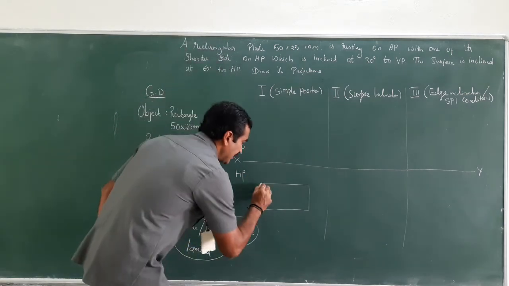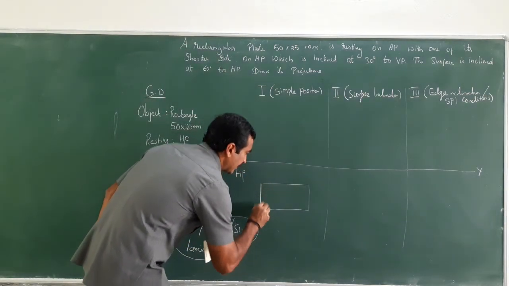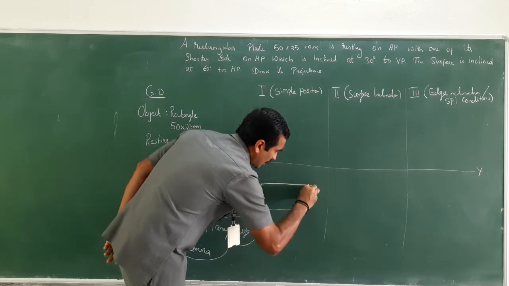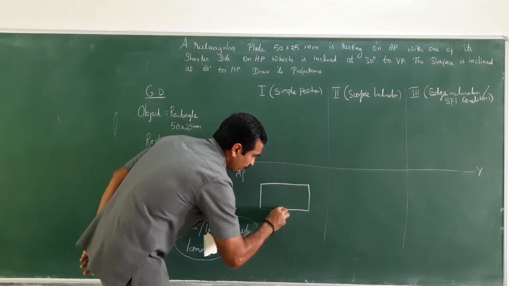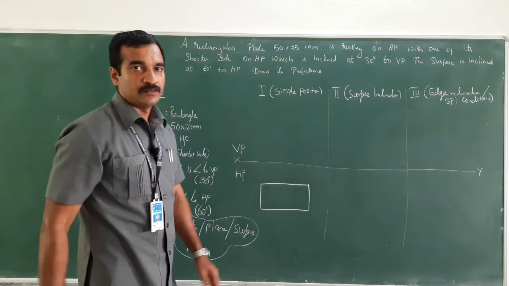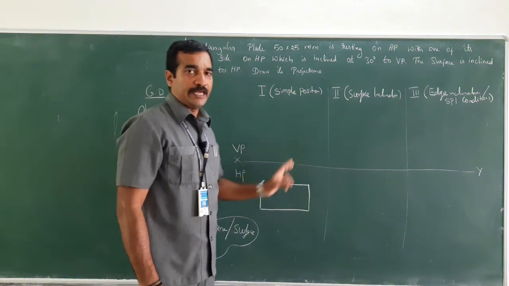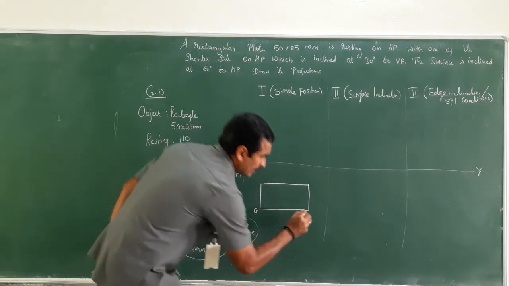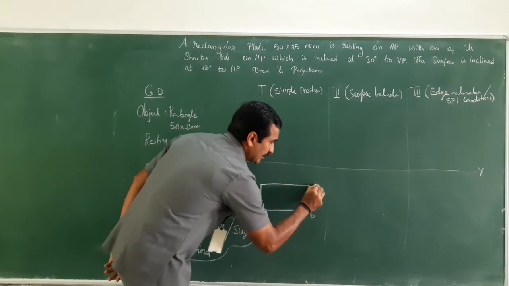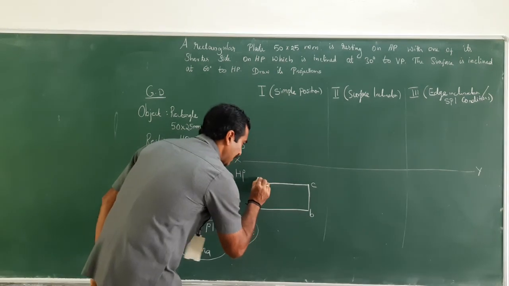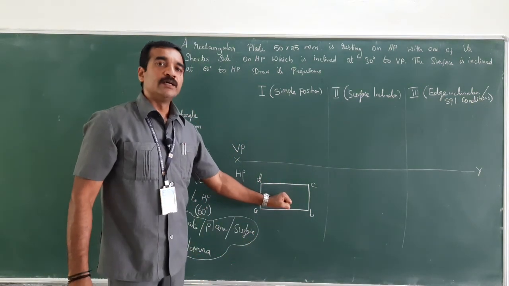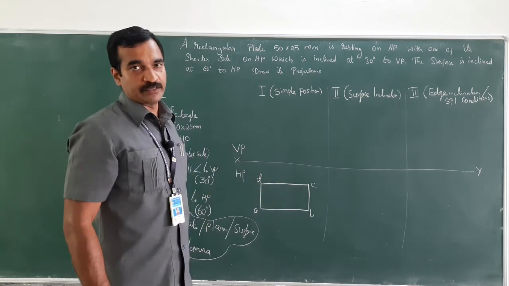So, let me just give the naming for it. Before that, let me just draw the outline as dark, right? I will have to give the naming for each corner. So, let me just start with here A, B, C and D. What is this view? This is the top view of this object.